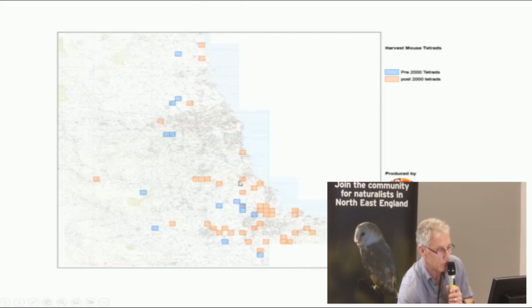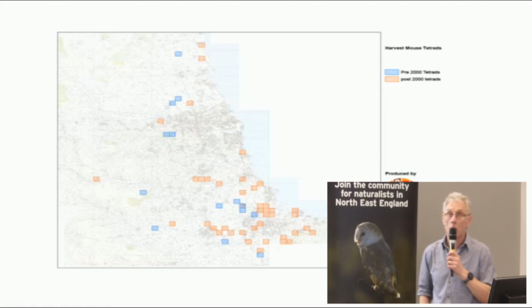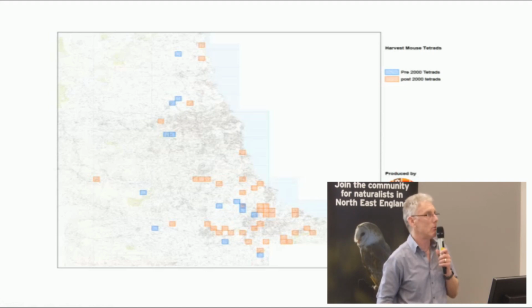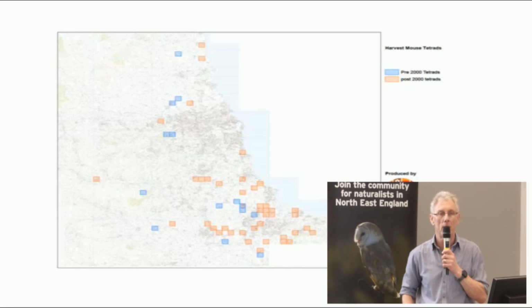Remember to point the mouse around here in East Durham. So we now found that they're actually up in East Durham as well. More recently still, we're actually in the middle of the National Harvest Mouse survey. I don't know if that escaped you at all, but